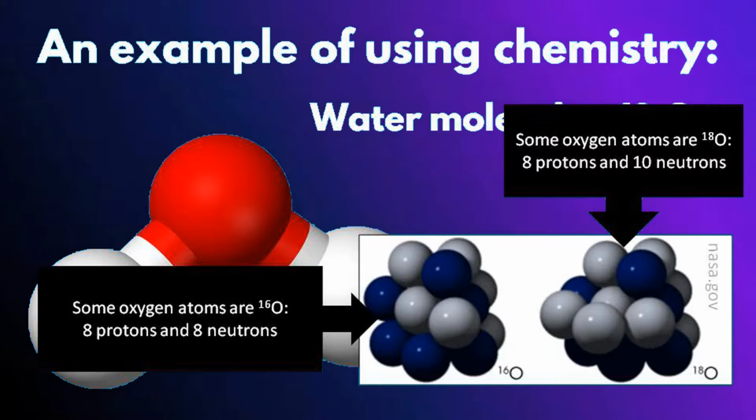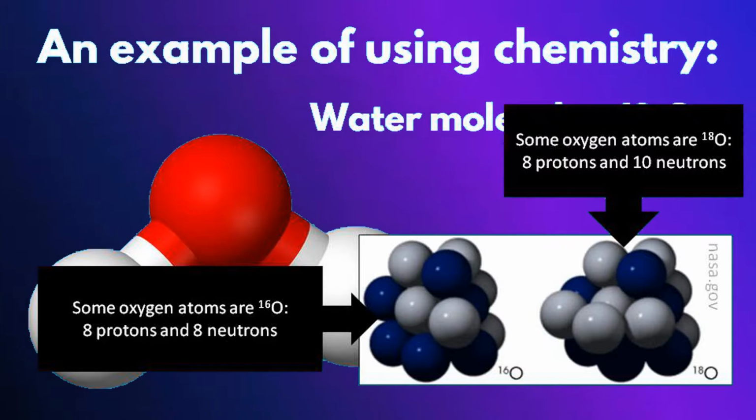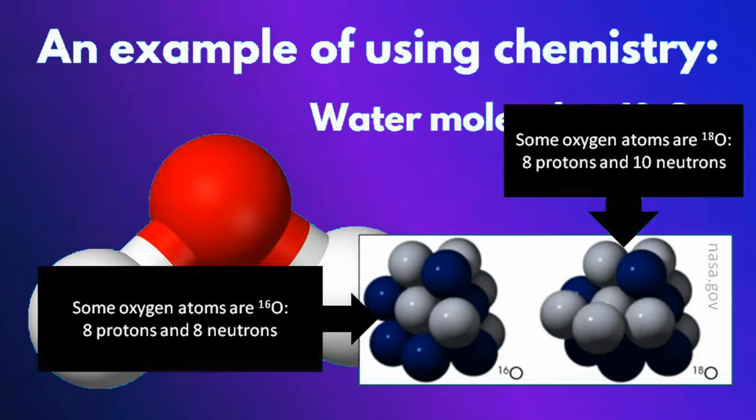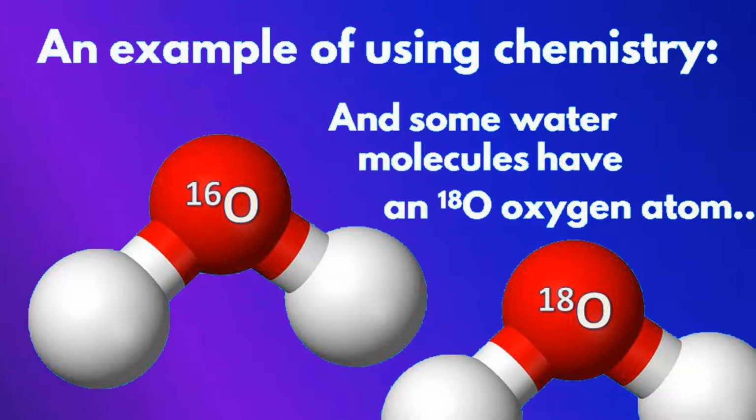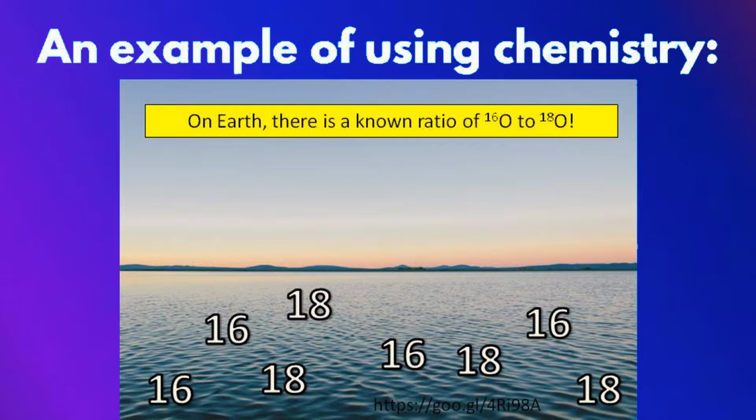They're both oxygen, and when you hook them up to 2 hydrogen atoms, they're both water, but they are not exactly the same. For example, oxygen-18 weighs more because it has 2 more neutrons in every nucleus. But on our planet, in some of the water molecules the oxygen atom is an O16, and in some of them it's an O18. Now they occur on Earth in some known ratio. There is a certain number of O16s and O18s in the world, and if you take water from the ocean, there is a known ratio between these 2 materials. I'm drawing it here as if it's half and half. It's not half and half, but it'll give you the idea.